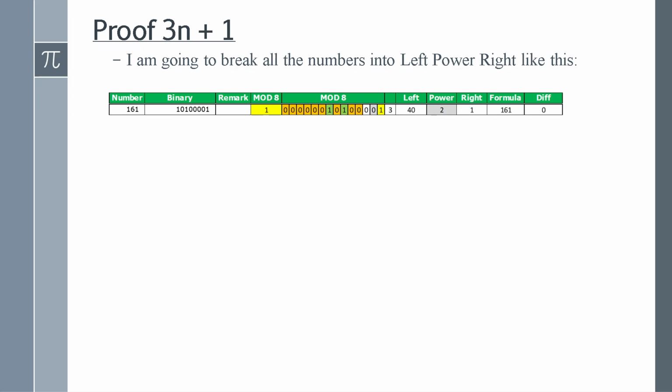And so what that looks like is this: 161, there's its binary. It's a mod 1 number, and then there's the binary colored. And so I color it to show where the power slot is and what's to the left and right. And the colors on the left of the power slot are going to be orange for 0, green for 1, and the white means that